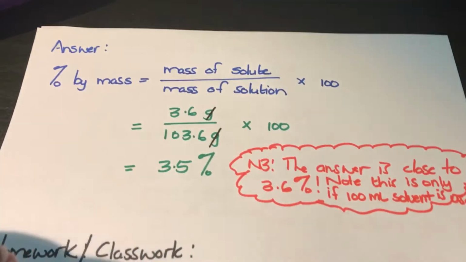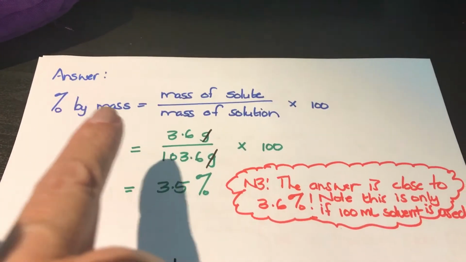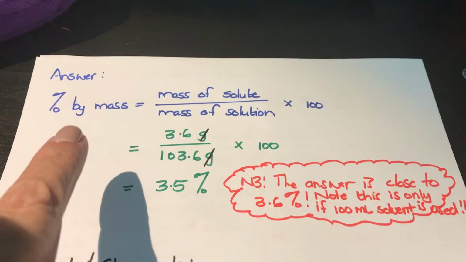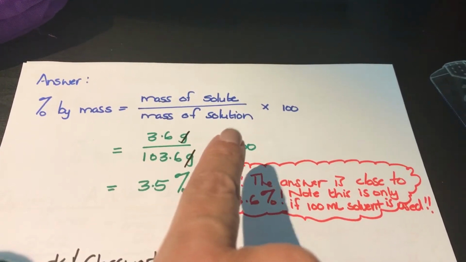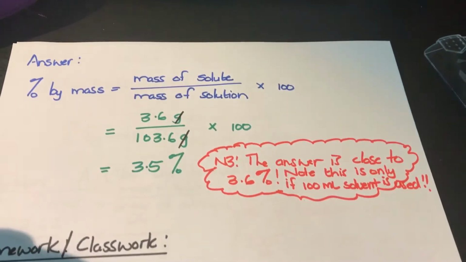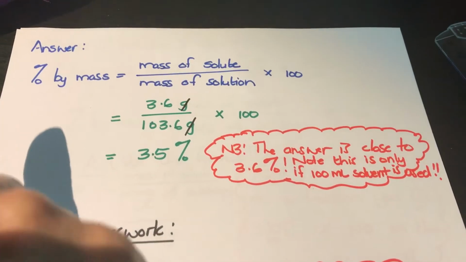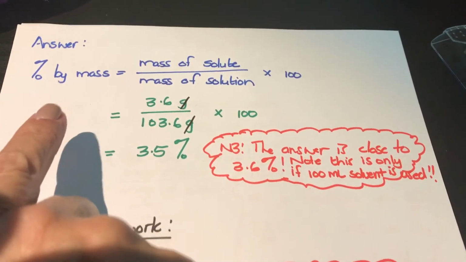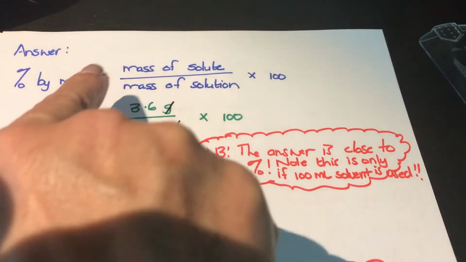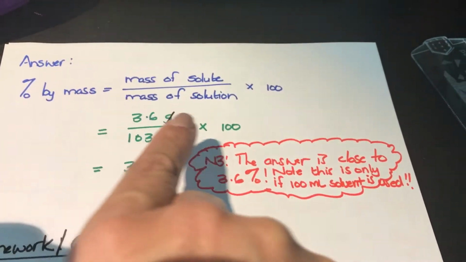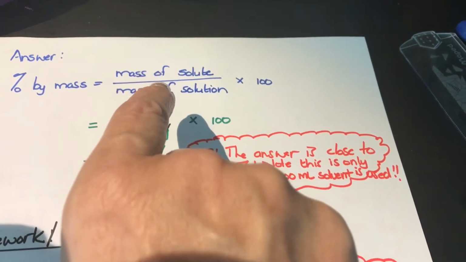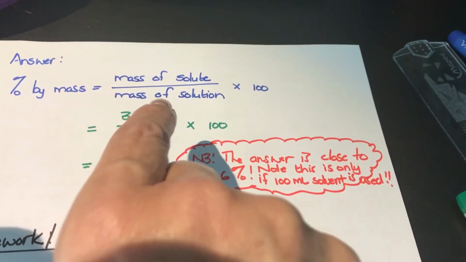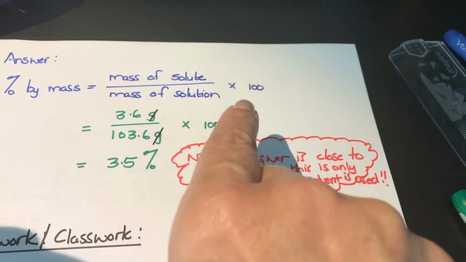To do this calculation, we are going to substitute into this formula that we have to learn off by heart. Percentage by mass is the mass of the solute over the mass of the solution times 100. Remember, we can use the formula to also describe it, which is the other learning outcome. Percentage by mass is the ratio of the mass of the solute to the mass of the solution expressed